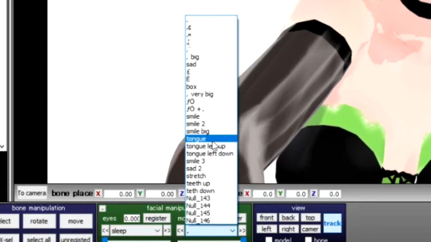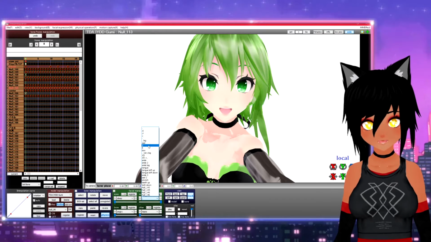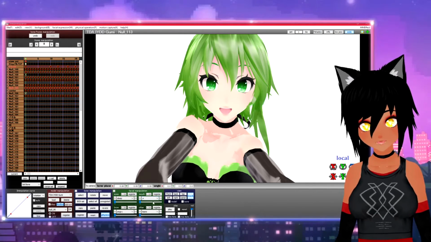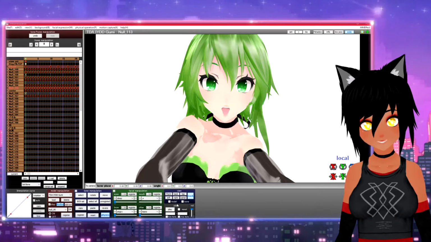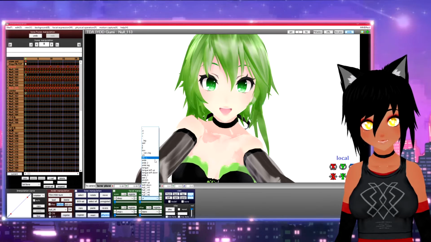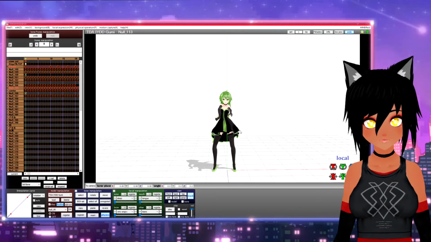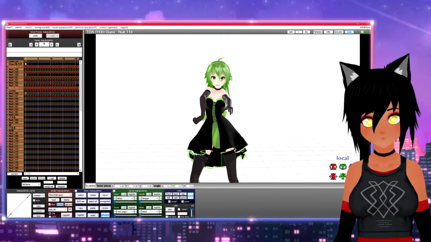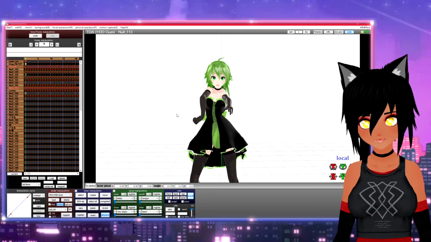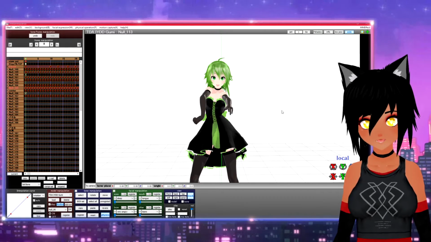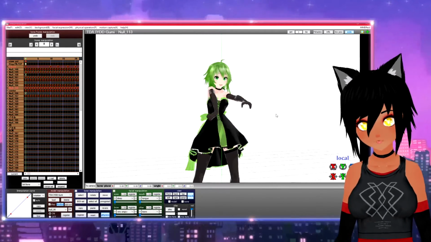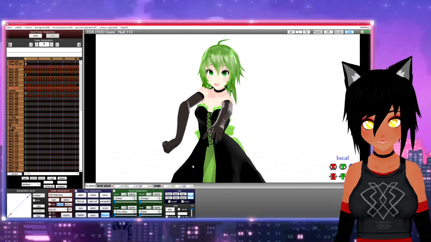A lot of these didn't translate well, so a lot of them will just be like random symbols. So it's a little hard, but sometimes you just kind of got to click and look to see what it is. So yeah, that's how you change all the facial expressions. Some motions will have really good facial expressions to go along with it, and they'll be lip synced and everything. Sometimes they won't, but that's just how you do that. I wanted to show that real quick.